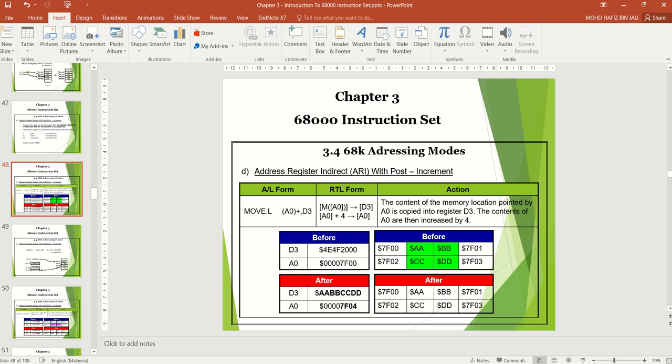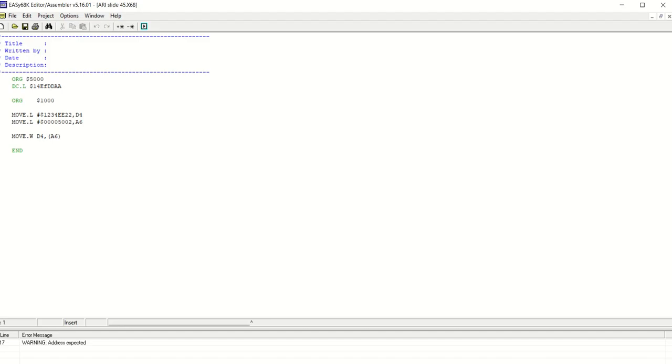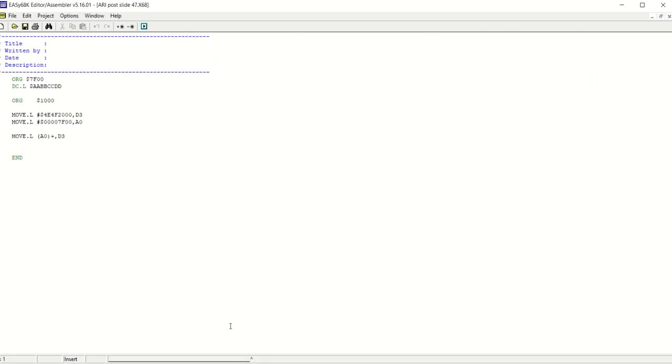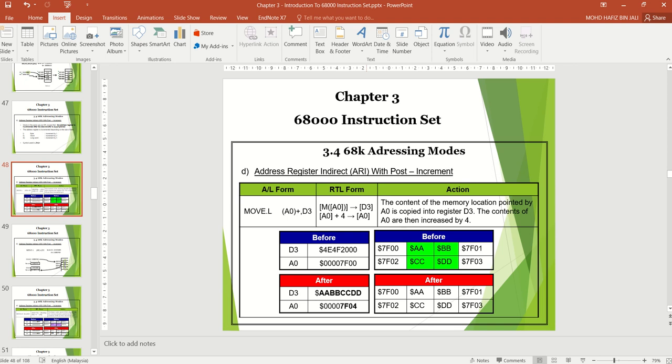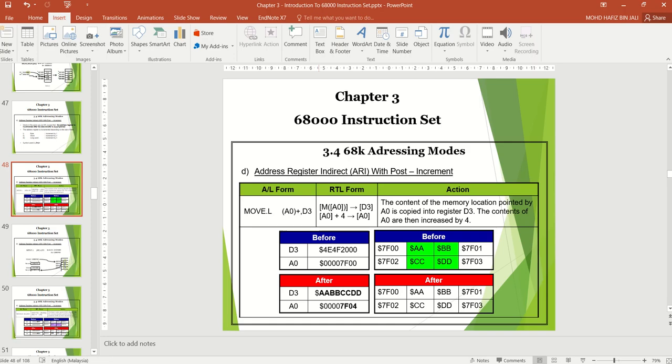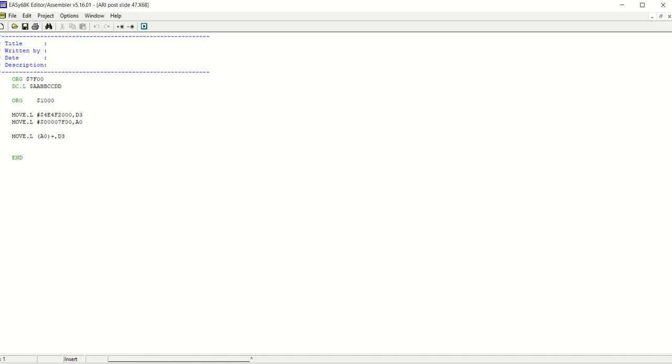Okay, this is a setting. D3 for A4F, and then A0 7500, and then you need to set the content inside the address location 7500.